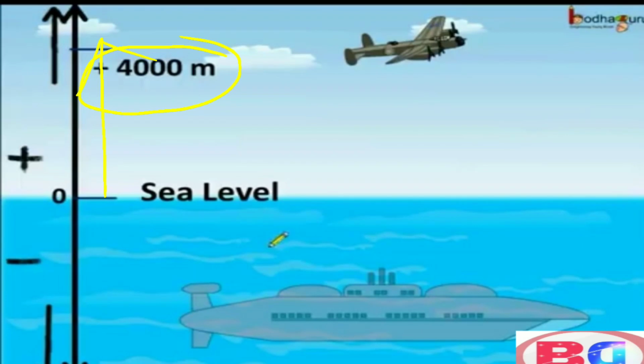It means we give the positive sense when we proceed toward the above side from the sea level. When we proceed from the sea level to the downside, we need to take the negative sense. It means just the opposite of the above. What is the opposite of the above? Just the opposite of above is below. When we proceed below from the sea level, we take negative integers.